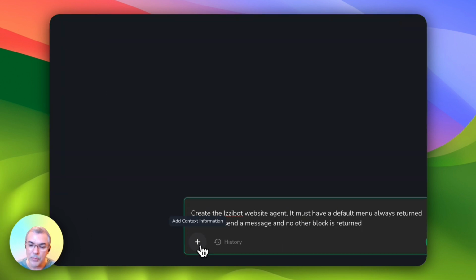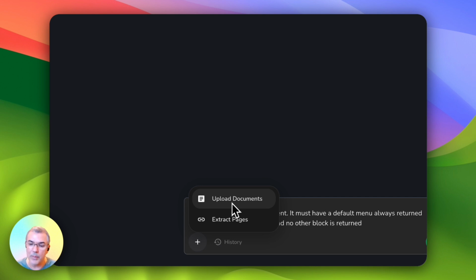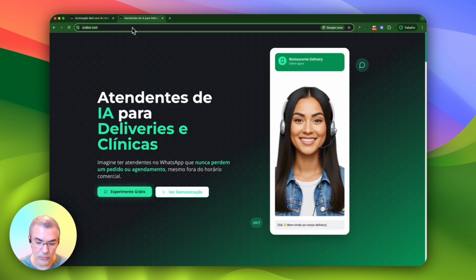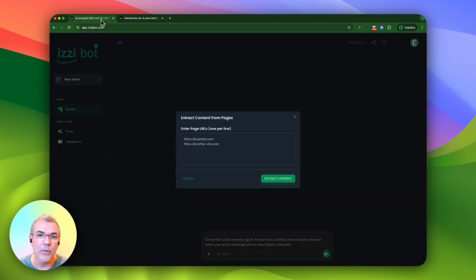Going to this add button here, we can see that you can provide documents and you can also extract information from pages. In this case, I'm going to extract information from the EasyBot page. So I'm going just here to copy this URL and I will paste the URL here and I will continue with the extract content.